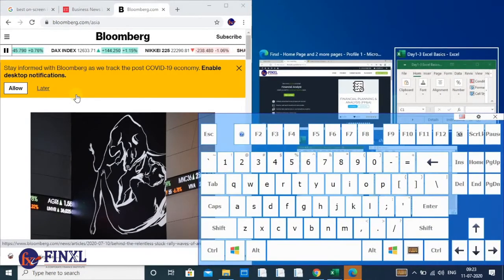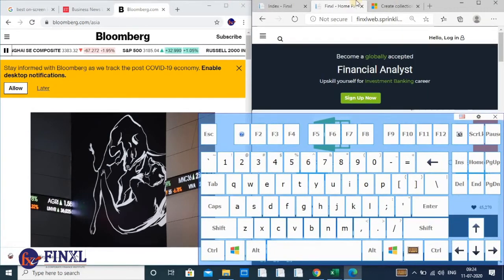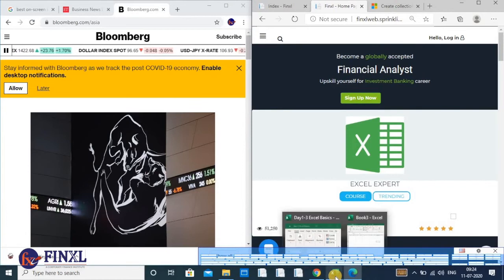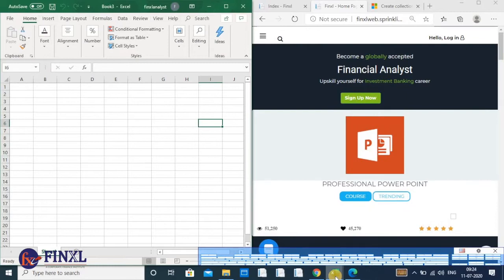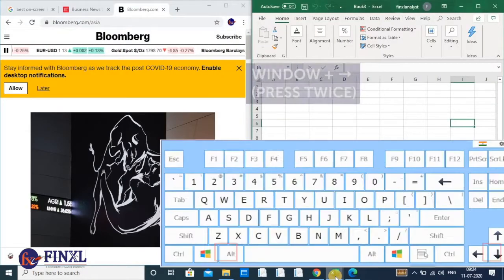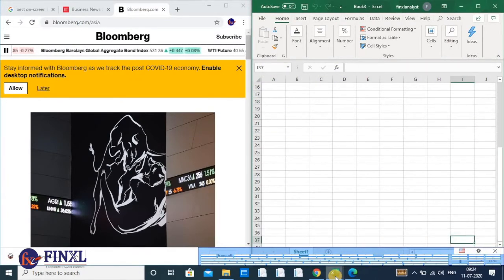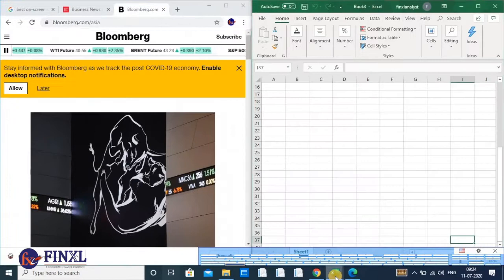And these are the programs that you can open on the right side, because these are the open programs on your system as of now. So if I click on this, look, I can see this on the right side. So if you see, it's a side by side view. This is Excel. I want to show it here on the left side. If I want to show it on the right side, I'll press window, right arrow twice. I can check the numbers. I can flip it, right? So it depends on what you want to do.